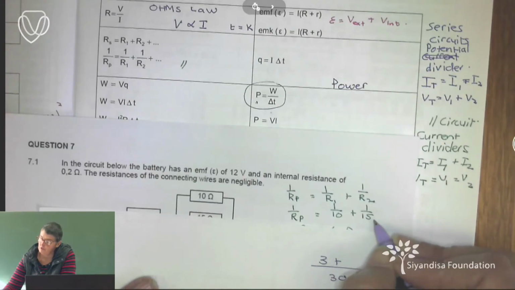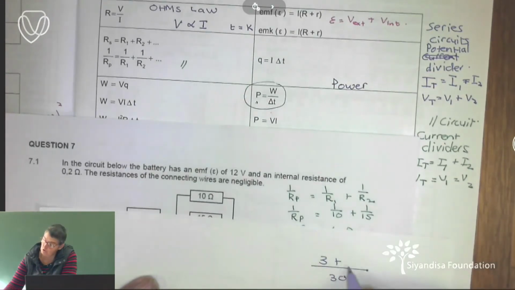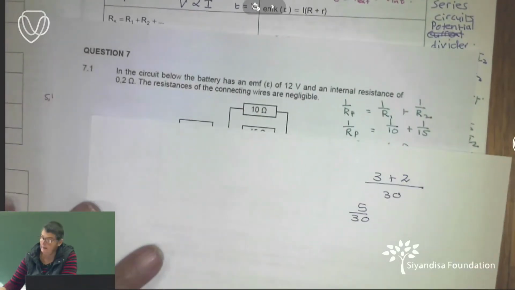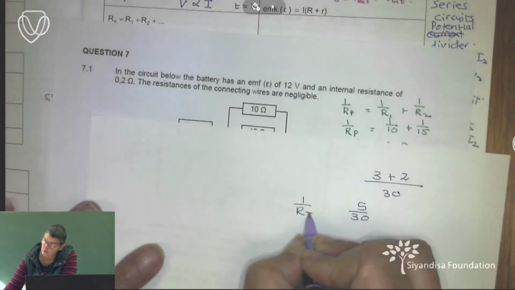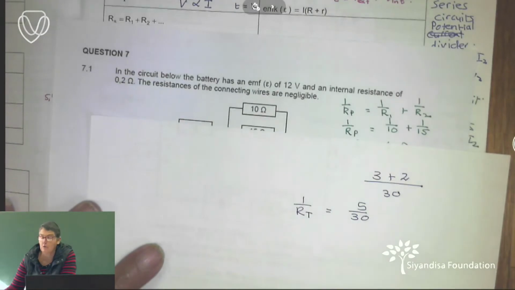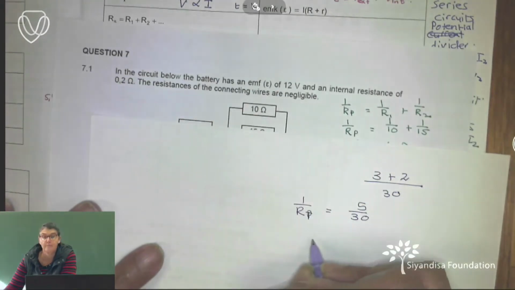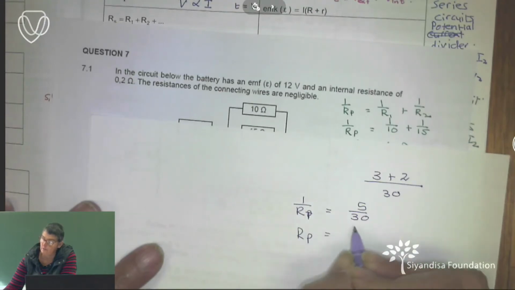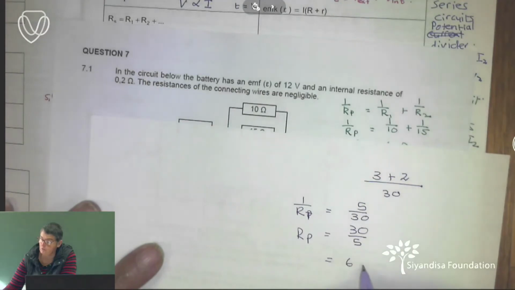If I multiply by 2 at the bottom, I must multiply by 2 at the top. So it becomes 3 plus 2. Okay? So now I get 5 over 30. And remember, that is 1 over R total. So I don't want 1 over R total. I want R parallel. So I must reciprocate. So it becomes R parallel is equal to 30 divided by 5, which is equal to